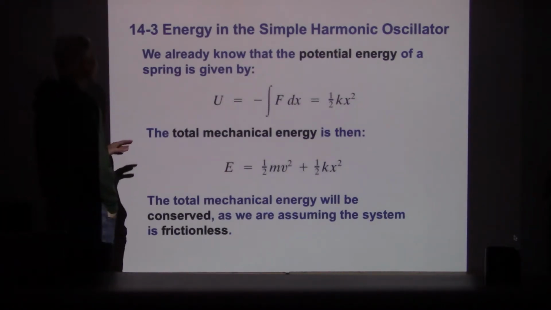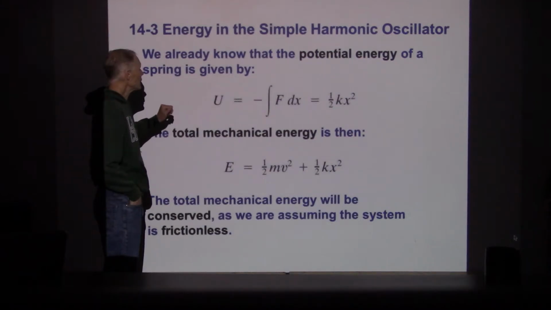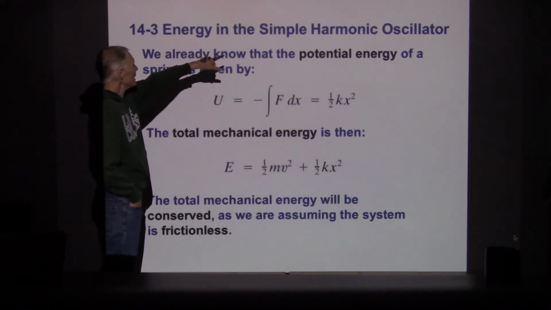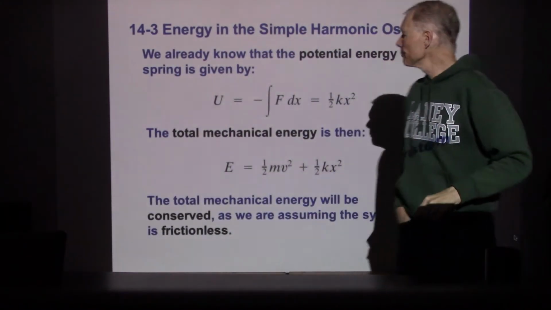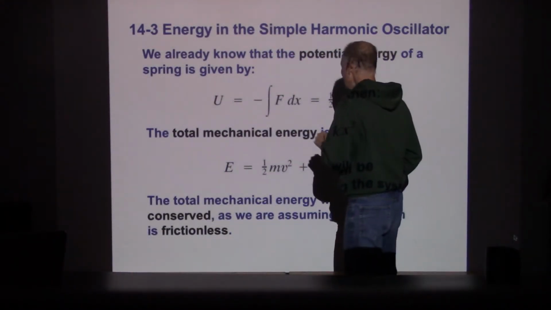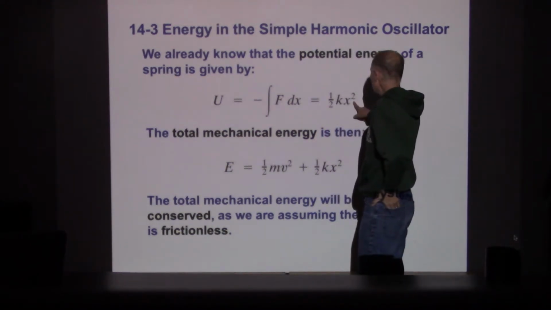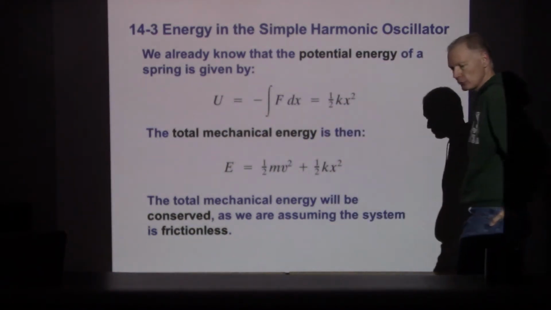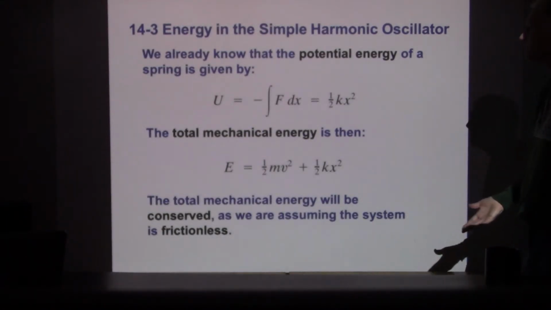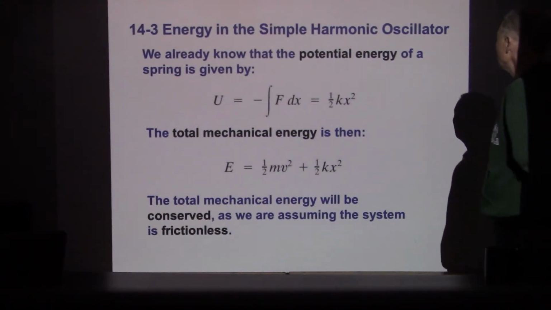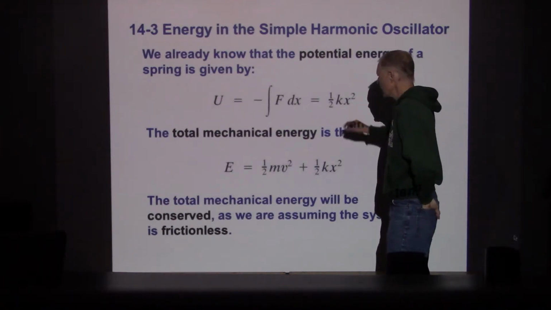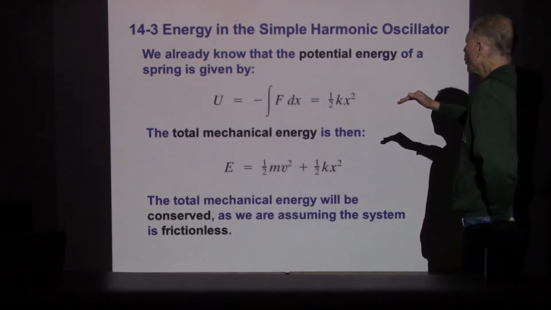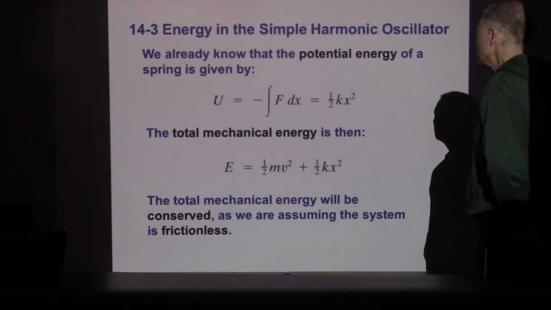Now we're ready to start looking at energy. So we want to be looking at energy in the simple, they keep reminding us it's simple, simple harmonic oscillator. And the energy that's stored in the spring is 1/2 kx squared. We've gone through this back in chapter 7 or 8, where we calculated the potential energy stored in a spring. I think in chapter 7 it was calculating the work,